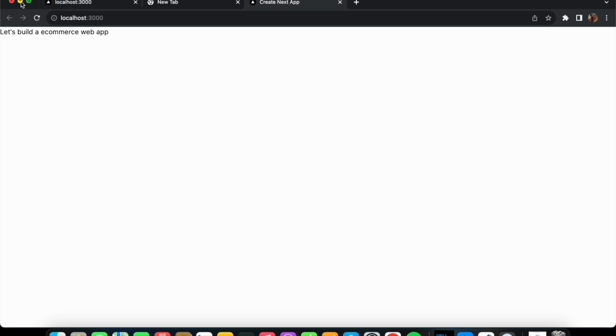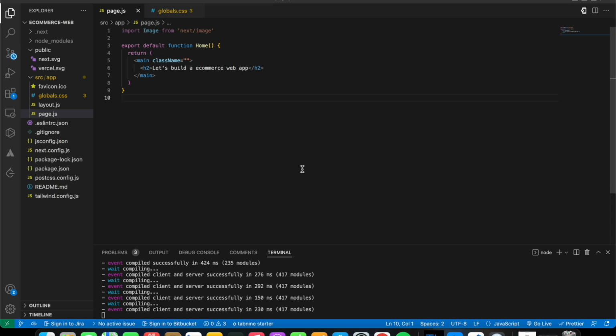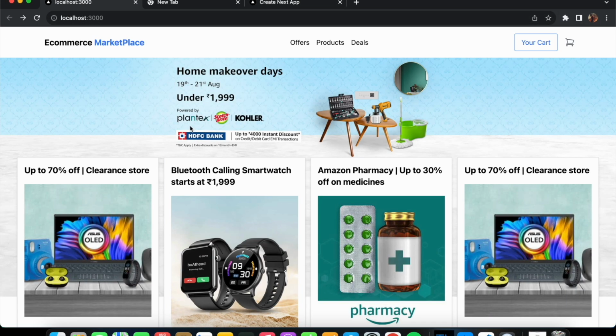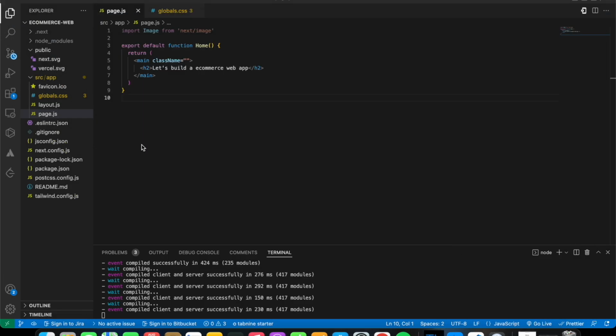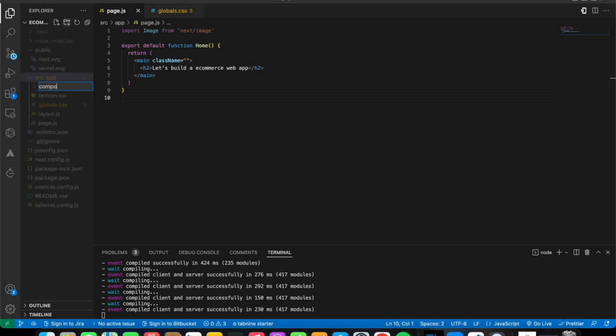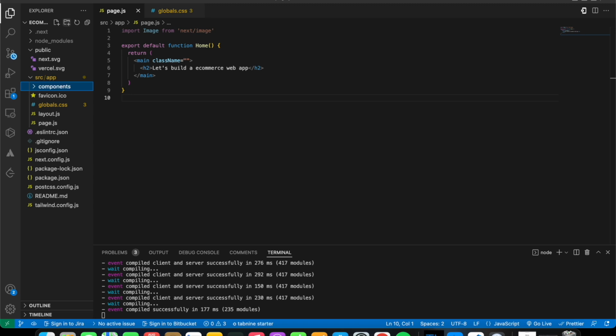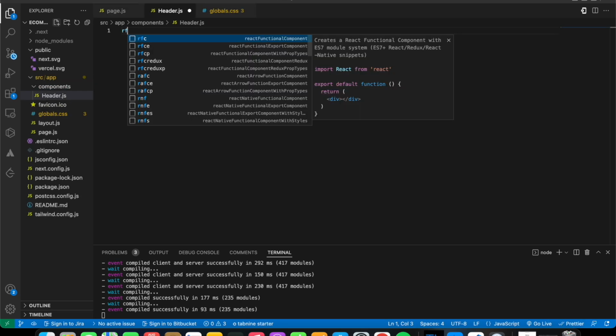So now the next step is we're going to start designing our web page. Firstly, this is the initial thing that I showed you. The first step is to design the header part, so we're going to look into that. Let's come into the file tree and create a new component folder. I'm going to go into my app folder and create a new folder called the components folder, just like this. Inside the components, we're going to create the first file, that is the header.js file. I'm going to say header.js, press enter, and then write RFCE to get the shorthand